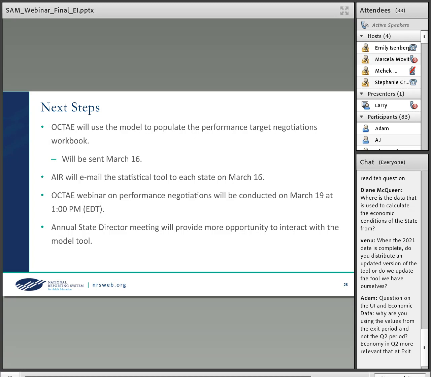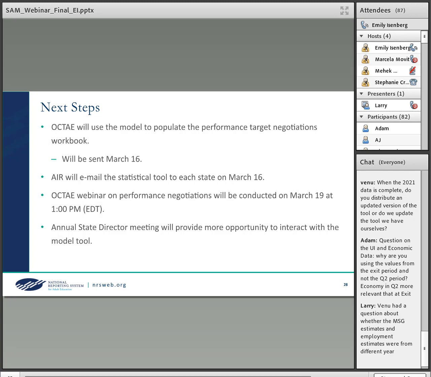This is Adam. So what I mean is, if the measure in question is the percent employed in quarter two after exit, then what is relevant to determining what percentage of those people should be employed is what was the state of the economy in quarter two post exit, not what was the state of the economy 2 quarters ago at exit. And I'm going to use a really big example.